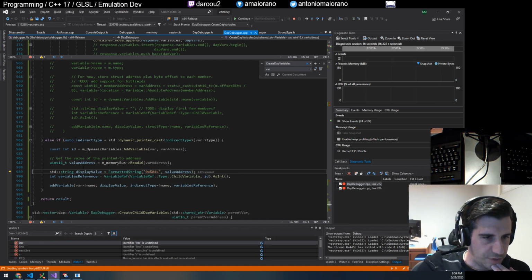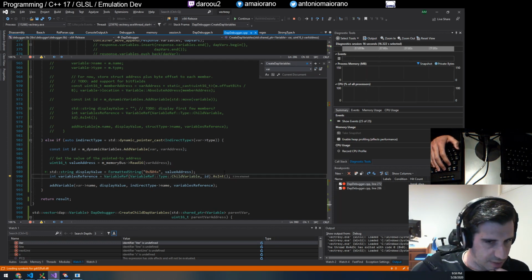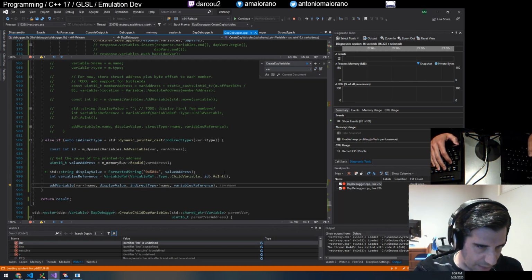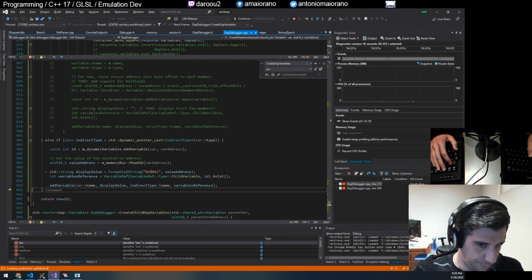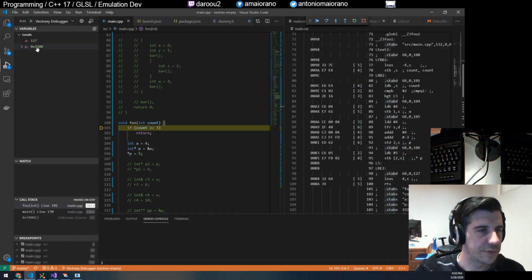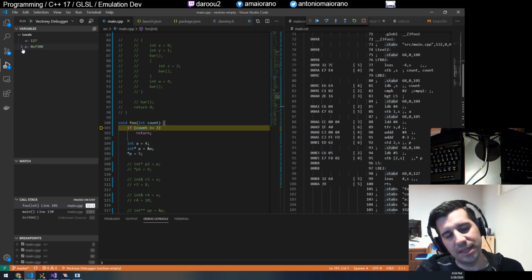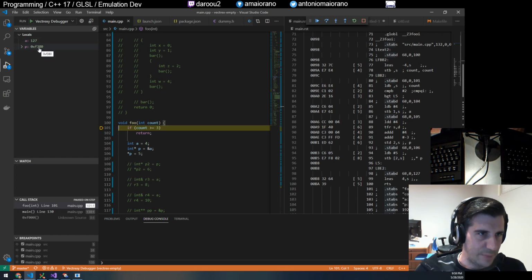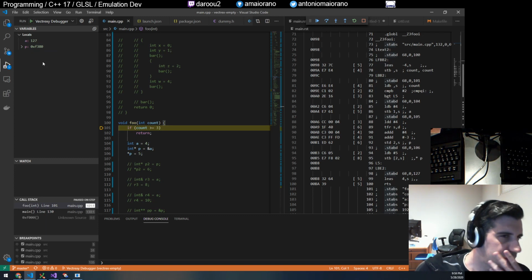Okay, so I read here just to be able to display it. And I create a child variable with that, and we add our current variable here, along with that variable's reference, and we hit F5. Went here, there we go. So because we added that child reference, you can see that it's got that expansion caret or whatever you call it. And we can see that's the address that our pointer points to, which is